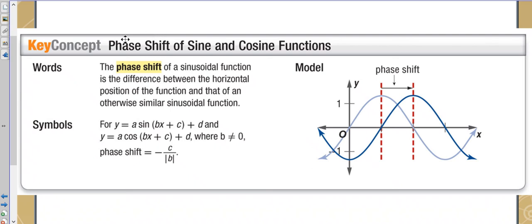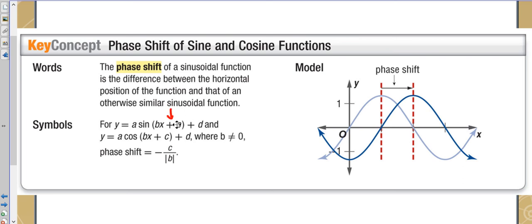All right, now let's talk about phase shift. Phase shift is just a horizontal shift. That's all it is anytime you're working with a sine or cosine, that's what the word sinusoidal means. It means either sine or cosine. It's the horizontal shift. So you would find this by, if you remember, horizontal is always on the inside, and